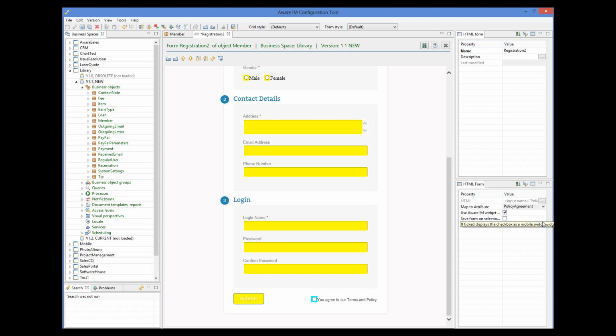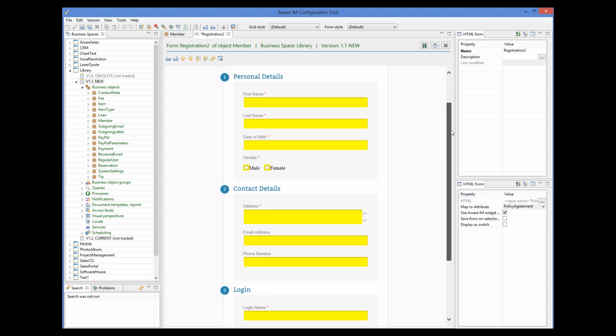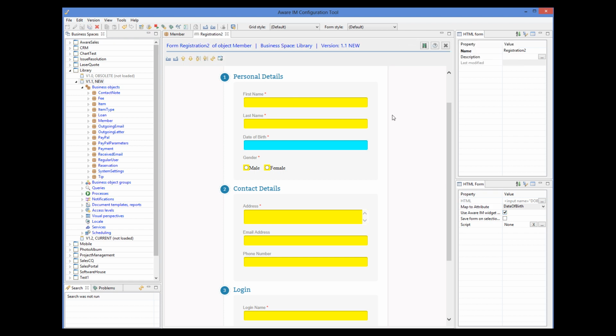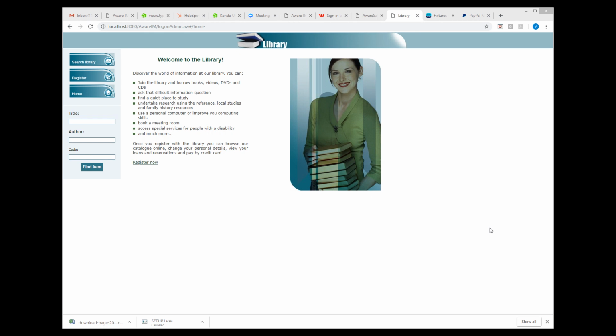We will then select the date of birth field and also select this property, use whereIam widget and styling. Let's see how this looks in the browser. When we open our form,